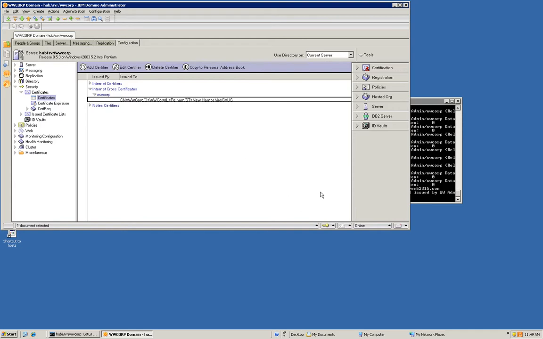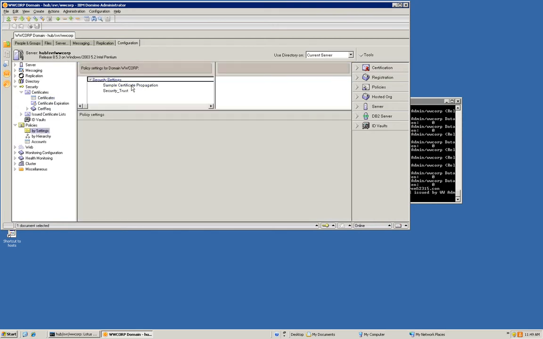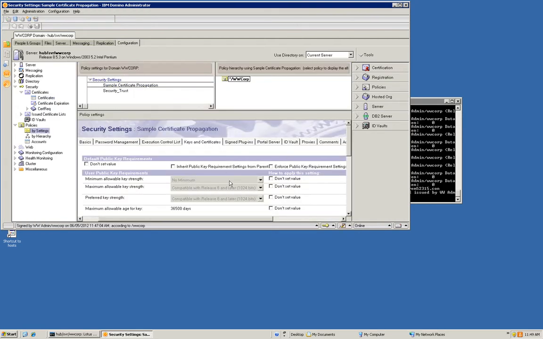So in this demonstration, what we've seen is that by defining a policy, we're able to propagate the certificate from the Domino directory to the user's address book or contact database and enforce that. And we've also seen how we can create the cross certificate in the proper scope by selecting the correct registration server and, second of all, ensuring that the correct level of the certifying or cross-certifying